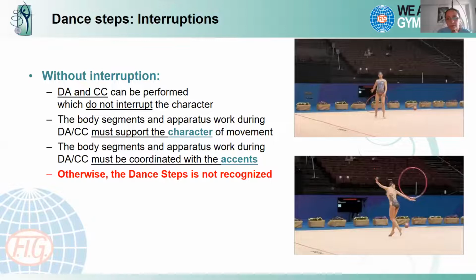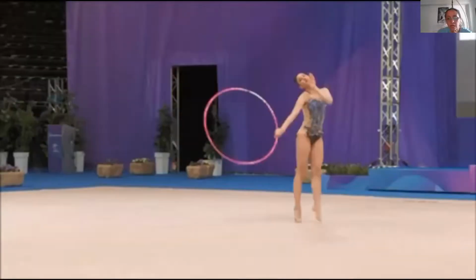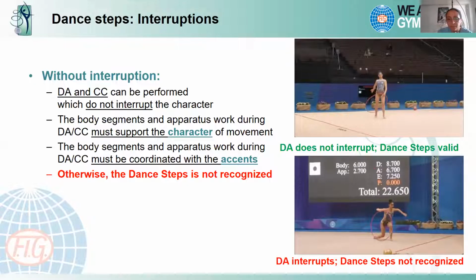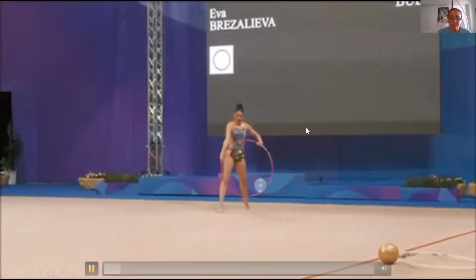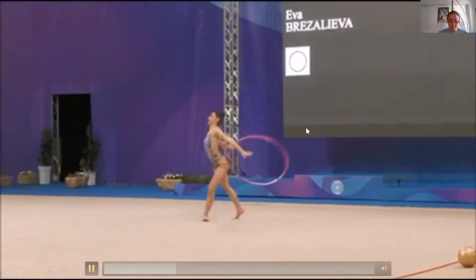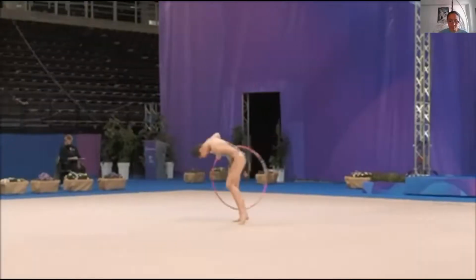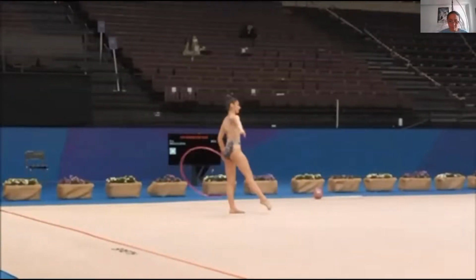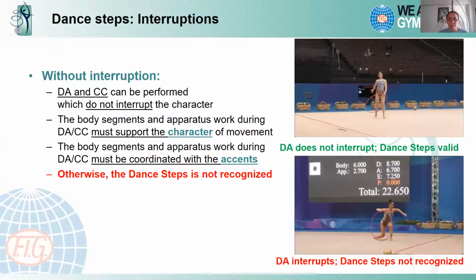Look at this. Look how her DA were interrupted. So it's the same gymnast. She has two DAs, two dance steps in her DAs. Let's check again one more time. So you see here, her DA did not interrupt the character or the harmony or the rhythm of the dance steps. While here,